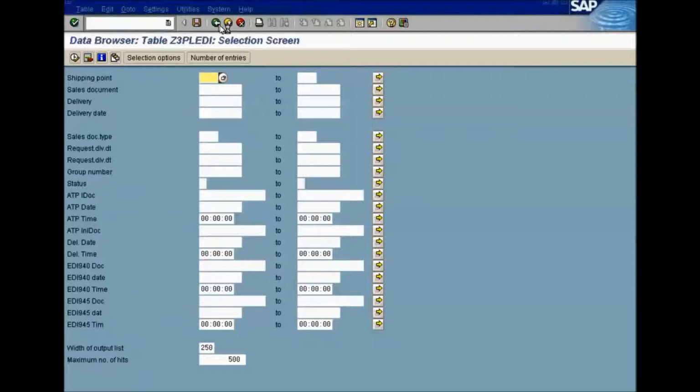Just to quickly talk about these three buttons you see on the top. This one is used to perform back activity. This also performs the back activity, and it cancels if you are performing any activity. It will not check for any validations, and this will cancel your processing completely and move you back to the home screen of SAP.